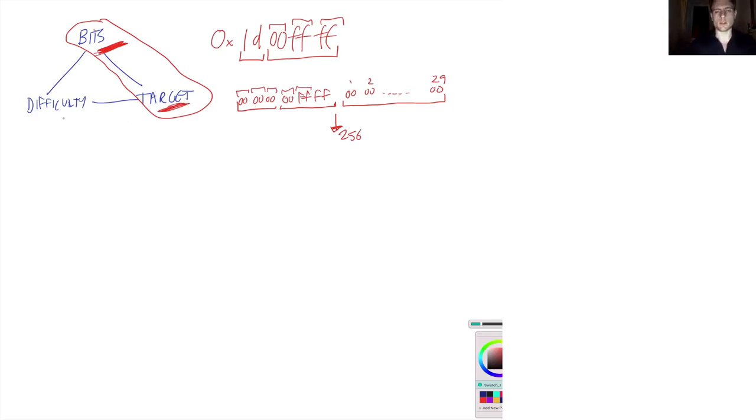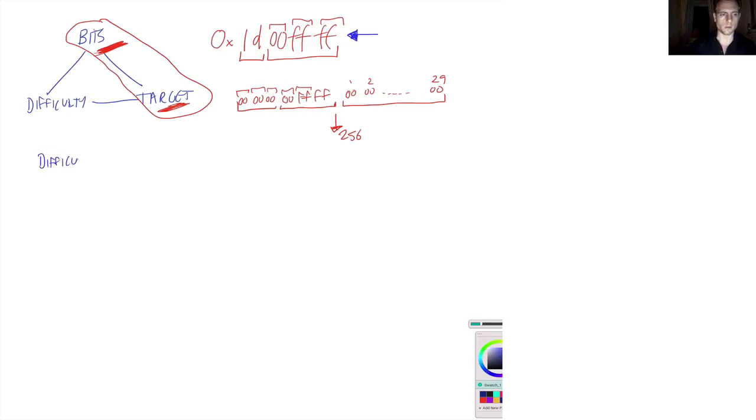So difficulty really is just a human readable representation of, in relative terms, how difficult that target was to reach from one block to the next, right? And the key thing here is, if we go back to our Genesis block, which was this target here, which was designed by the system to be the first appropriate initialization target, there was a number associated with this target called difficulty, right? And the difficulty of the Genesis block,